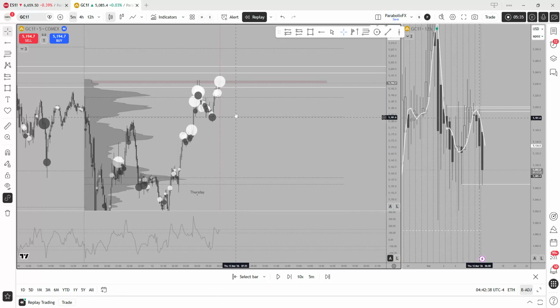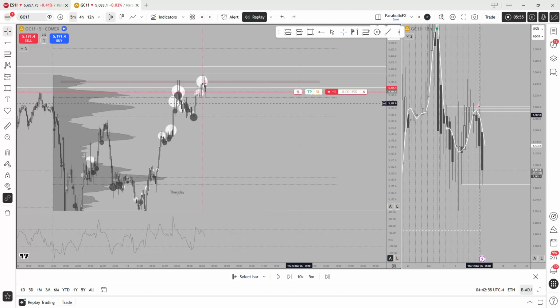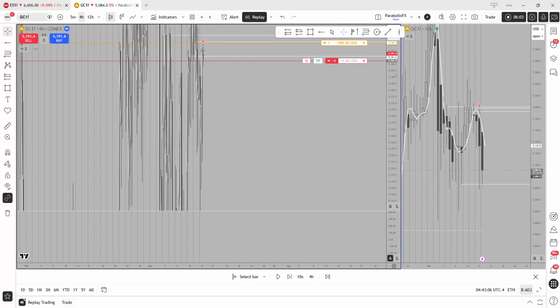So the next thing that I'm looking for is either buyers to get trapped or sellers to get rewarded. So we play price, right? We've got a big buyer that's already stepped in over there. Now I'm looking for price to close below that bubble for my entry. There's my entry. So that's my sell. Stop loss goes above that high. And now my take profit is ultimately determined by